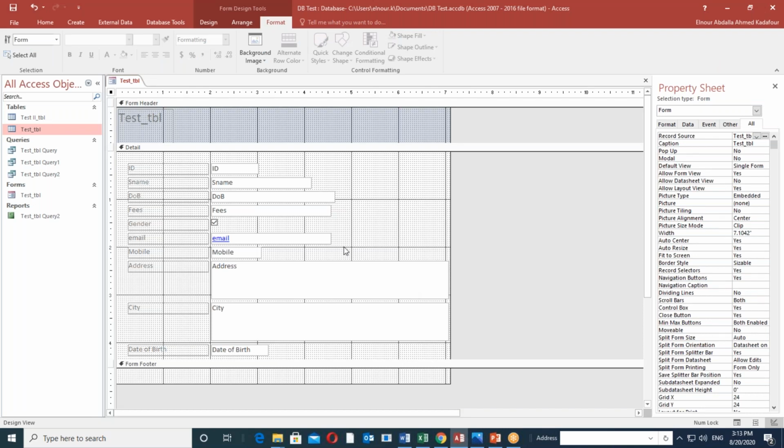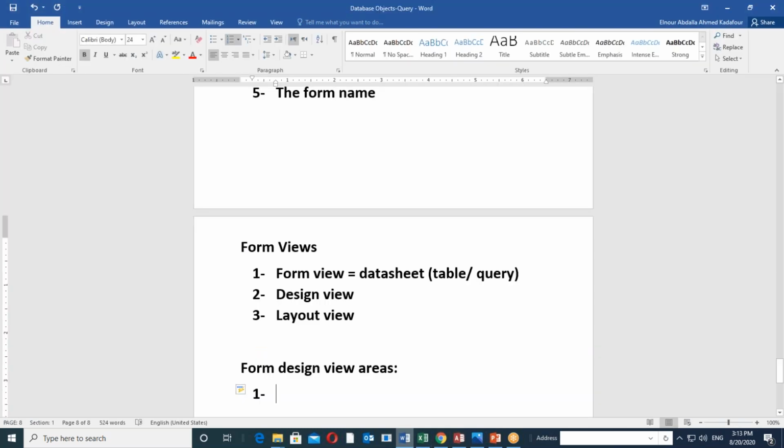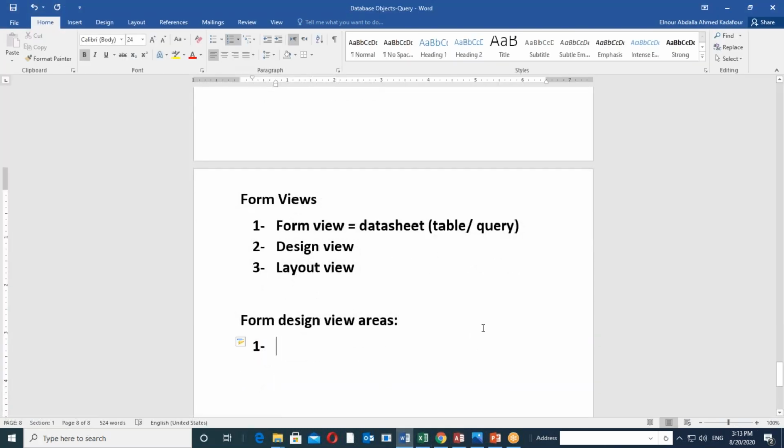So please pay attention to these areas. Form header, detail, منطقة التفاصيل. At the bottom we have form footer. On the right side we have property sheet. So a total of 4 important areas, starting with form header رأس النموذج،